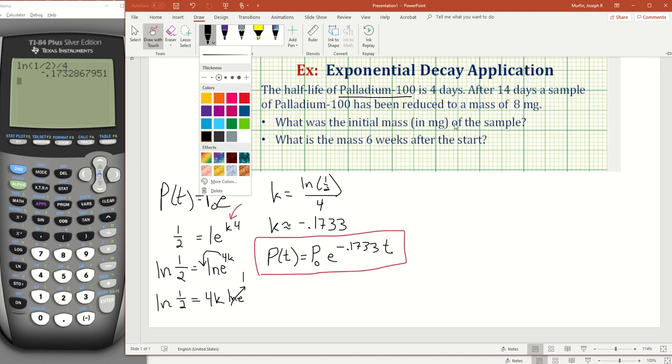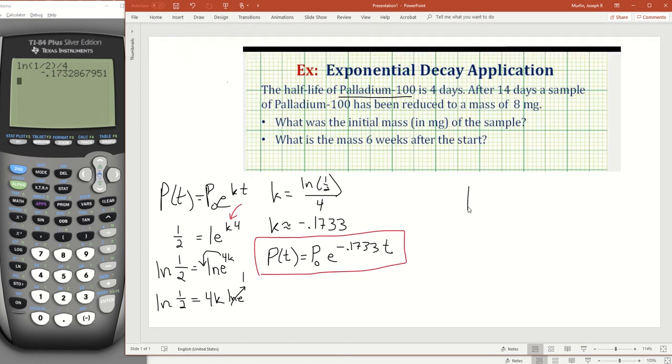Okay, so now let's get to our question. It says, after 14 days, a sample of palladium 100 has been reduced to a mass of 8 milligrams. So what we can say, we don't know the initial amount. That's what we're looking for. So that's going to be an unknown value. Okay, so let's write this in here the same. This amount is unknown, but we know,